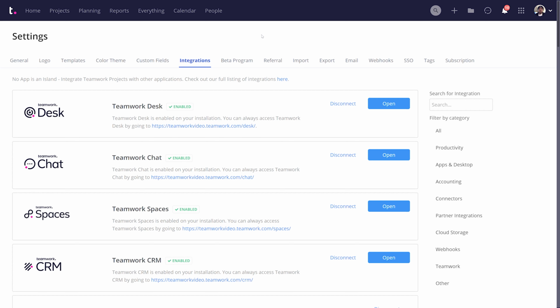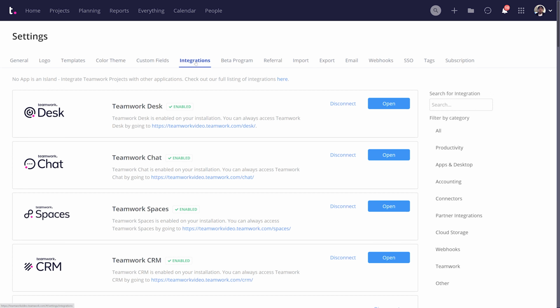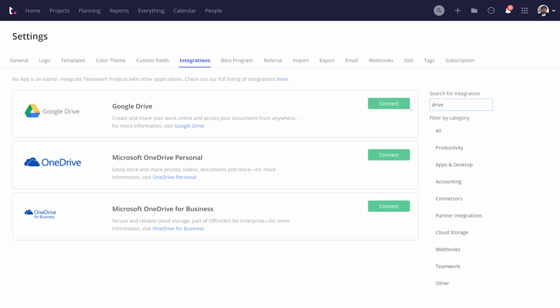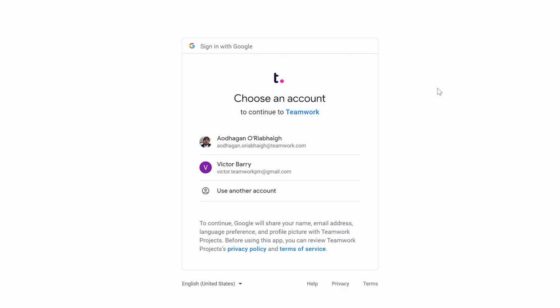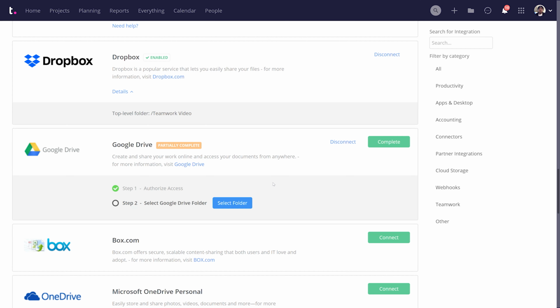Our first step is that we need to enable the integration at a site level, and to do this, select your profile picture on the top right, select Settings, and in the Settings window, just make sure that we're in the Integrations tab. Next up, we can either scroll down or search for Drive, and then select Connect on Google Drive. Select the account we want to link, allow these permissions, and once we've authorized access, our next step is